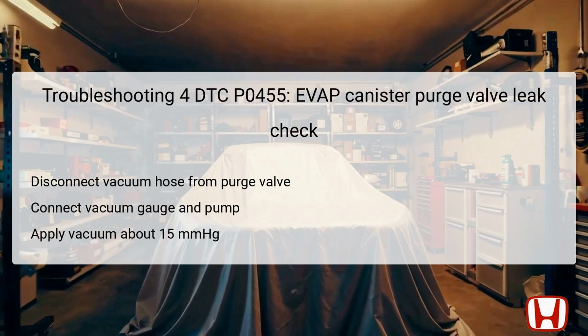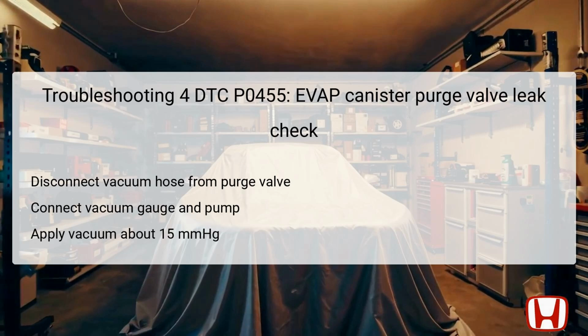In this step, the EVAP canister purge valve is tested for leaks by disconnecting the vacuum hose from the valve itself. A T-fitting and vacuum pump are connected to apply a controlled vacuum of approximately 15 millimeters of mercury or 0.6 inches of mercury. The system is then monitored to see if the vacuum holds for 1 minute, indicating the